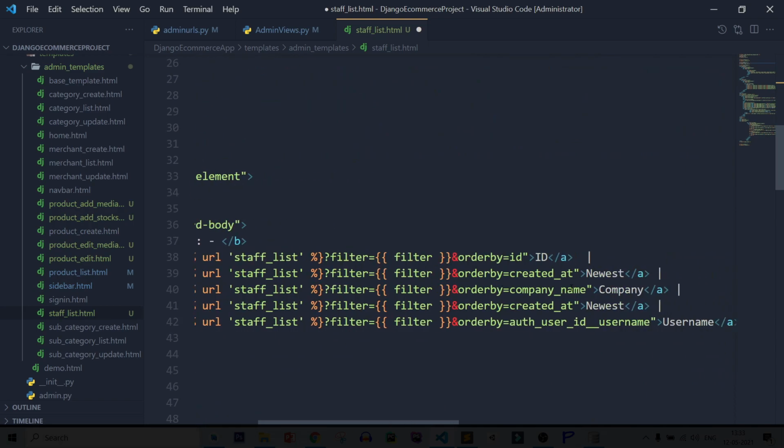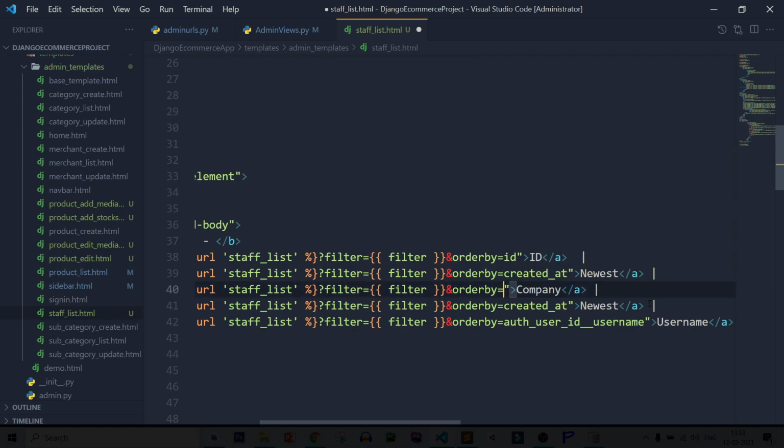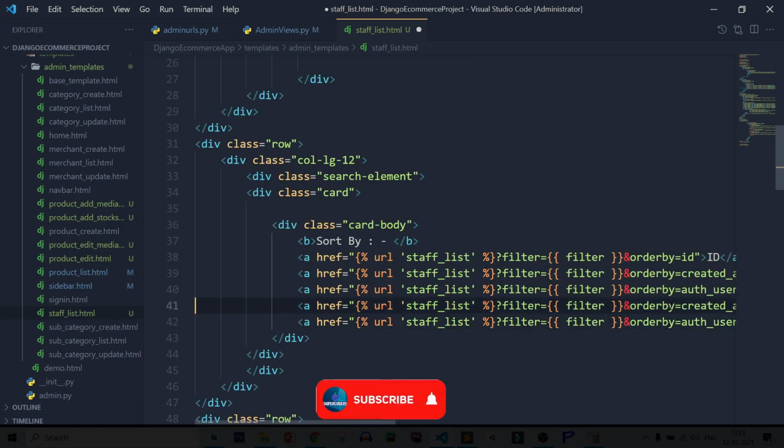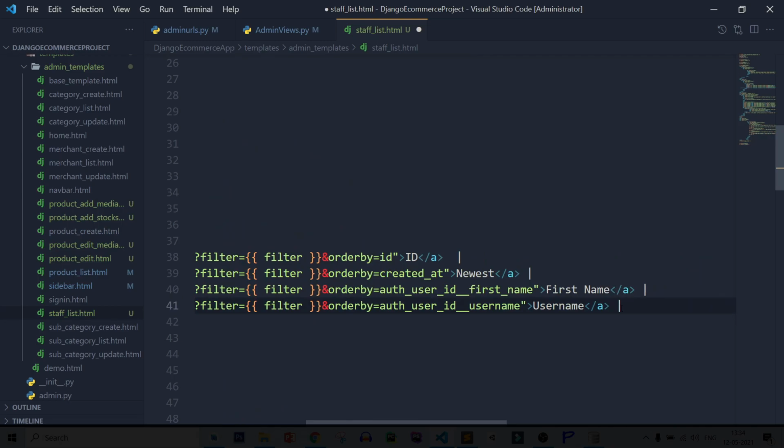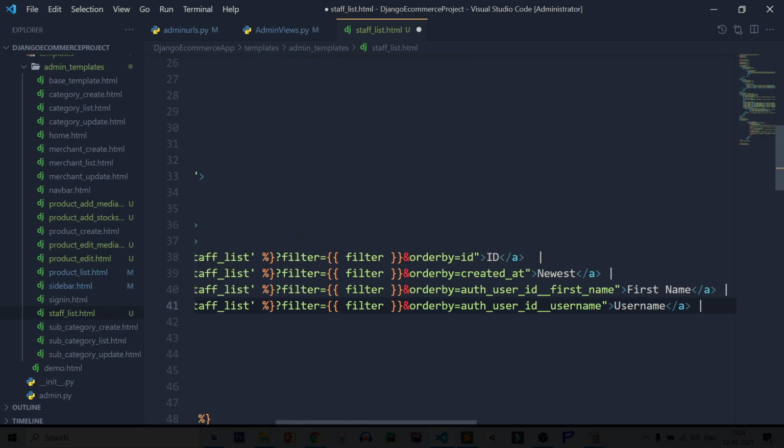Staff list filter, and here sort by newest and username, also adding the first name. So first underscore name. Let's remove this newest. After that, save this file.